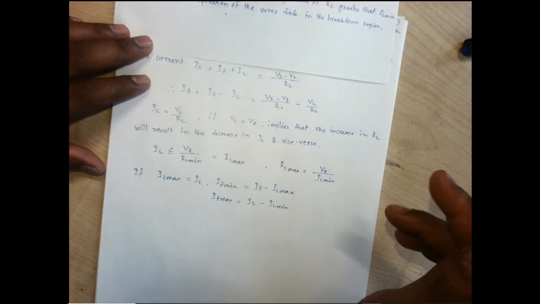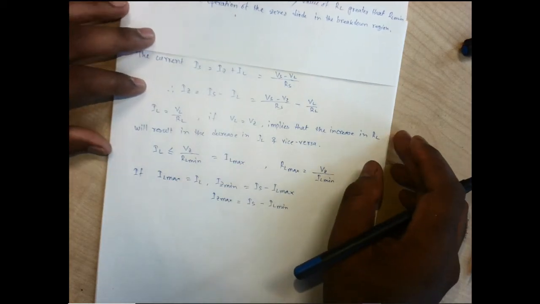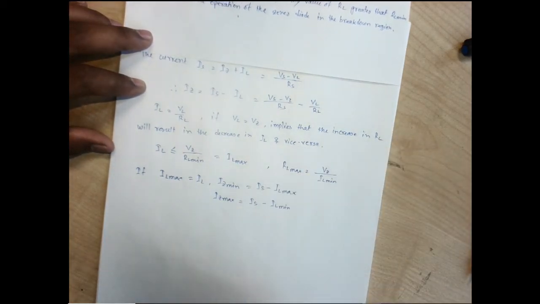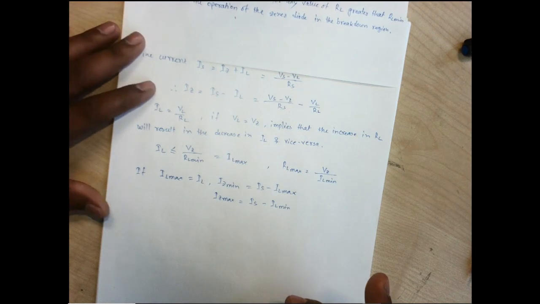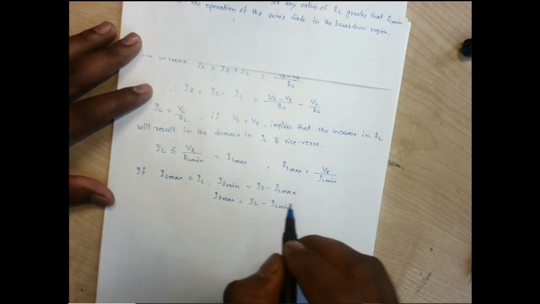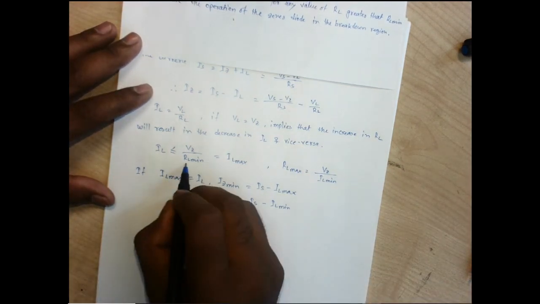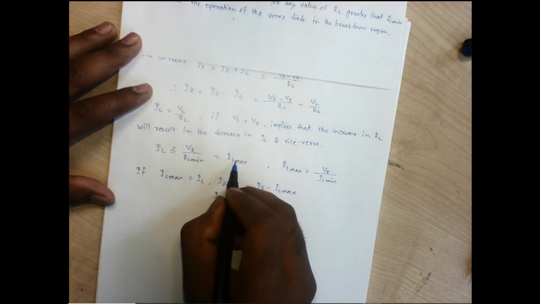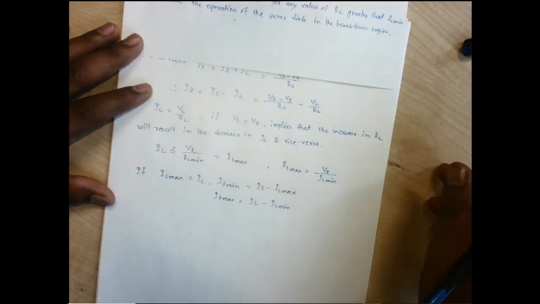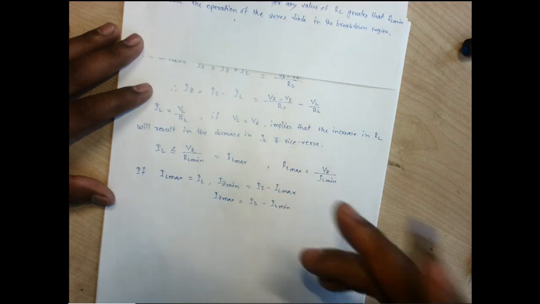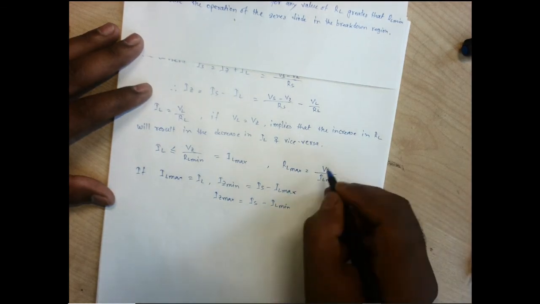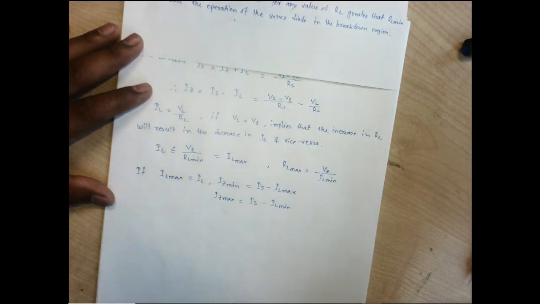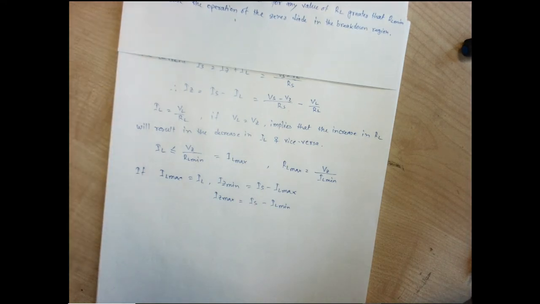All those things ensure that IL max or IL min is achieved for an RL min or RL max, and that is only possible after the breakdown. So whenever breakdown is occurring, for a change of RL, this IL is also changing, which leads to a change in the Zener diode current. For a maximum value of RL, IL will decrease, which leads to the maximum value of IZ. So in this way, the regulation is achieved due to the change in load resistance.